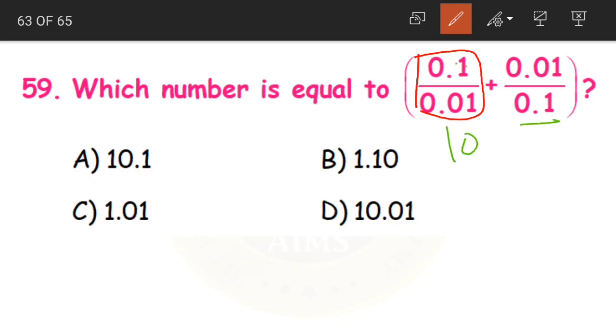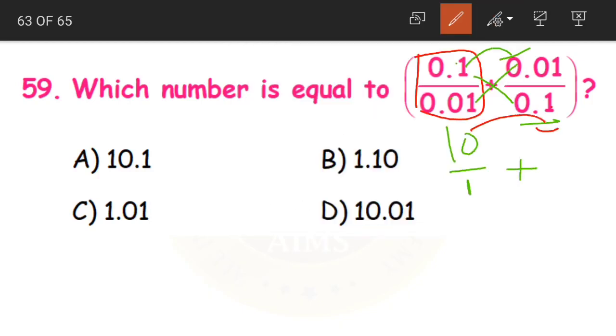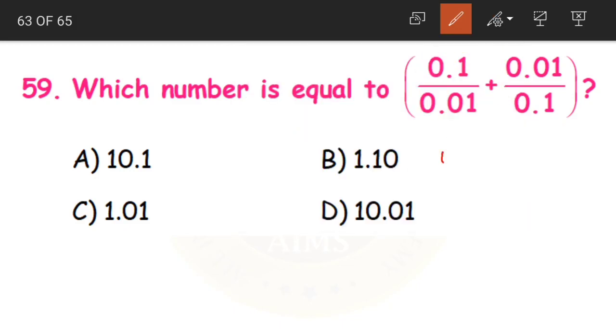And if we observe the second fraction here, it is the reciprocal of the first one. The numerator and denominator are interchanged. So when the first fraction here is 10 or 10 by 1, what will be the second fraction, children? The reciprocal, that is 1 by 10. 10 plus 1 by 10. Understood? We simplified this decimal number so that it is easier for us to understand. What is it now finally? 10 plus 1 by 10.